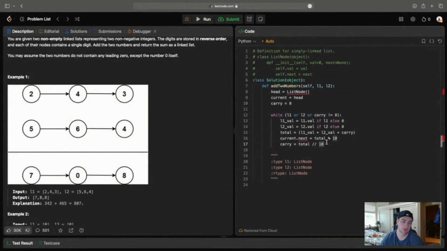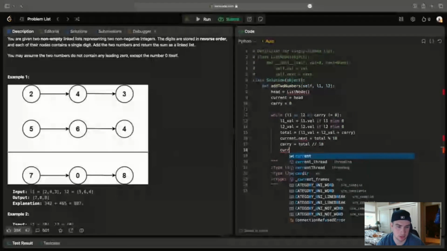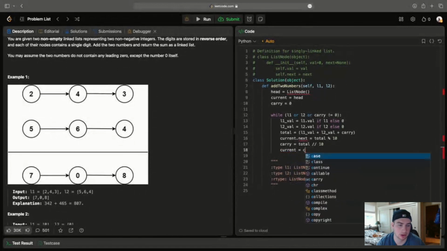So let's say it was 16. What's going to go to the next node is going to be 6, and then the carry is going to be 1, which we get from the floor division here. And then we're going to say current equals current.next, because we need to update the value of that,